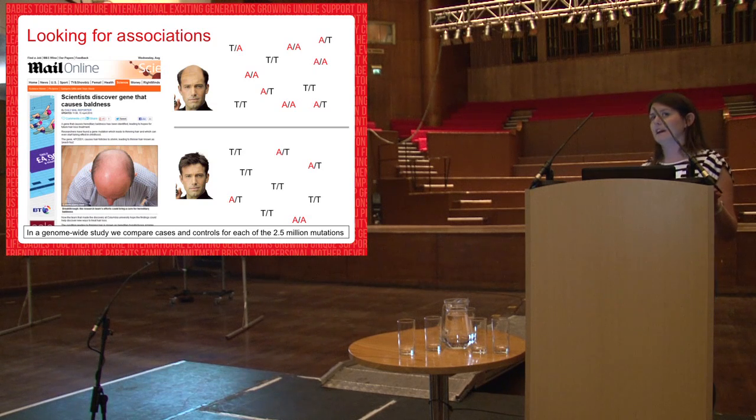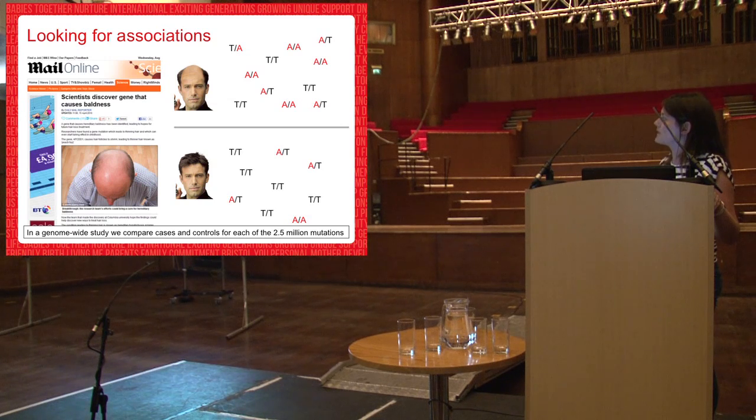Now, hopefully, you'll be able to see that in the top part, the people that are bald, there are more A letters than in the bottom part of this diagram. So what we say is that if you have the A at this position, you're more likely to be bald. Okay? But what it doesn't mean is that this gene causes baldness, because although you'll see some people here that